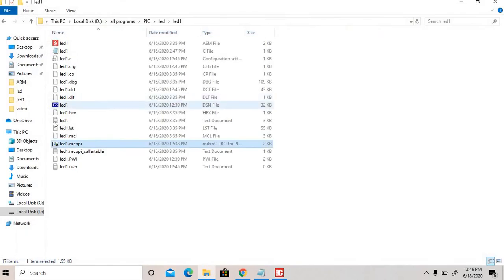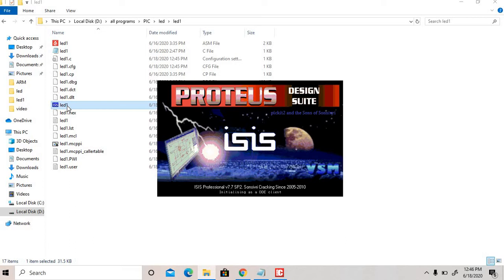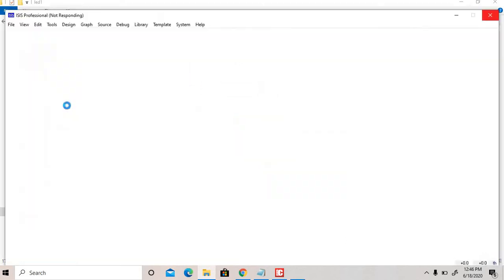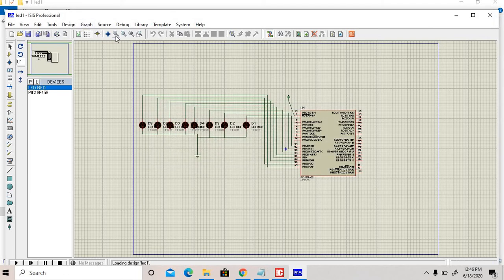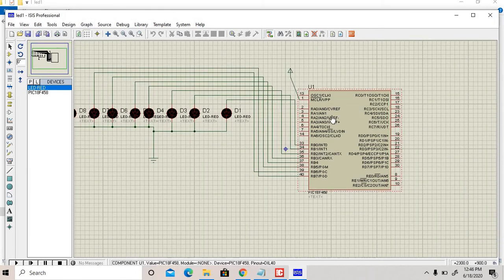Let me show the circuit with the help of Proteus. This is our Proteus design. This is our PIC 18F458 IC. 5 ports are there: port A, port B, port C, port D, and port E. Port A has 7 pins, RA0 to RA6.